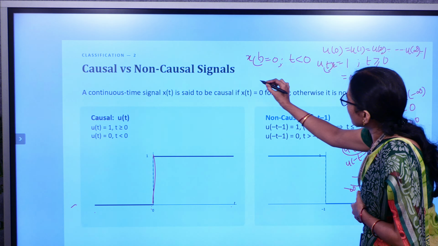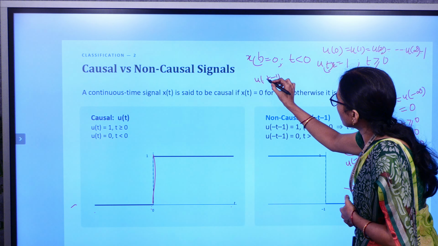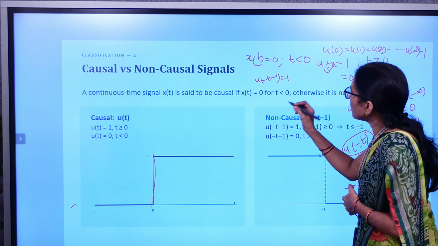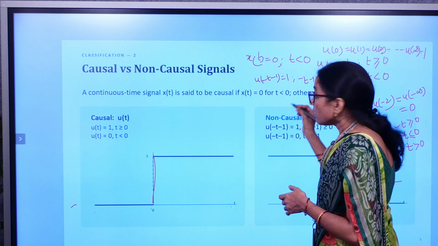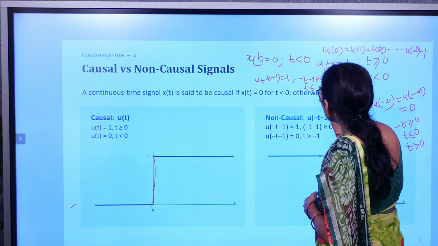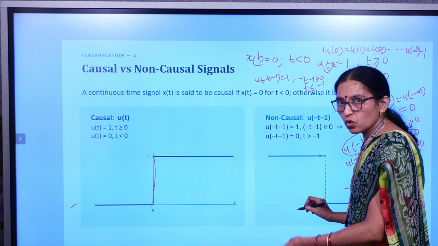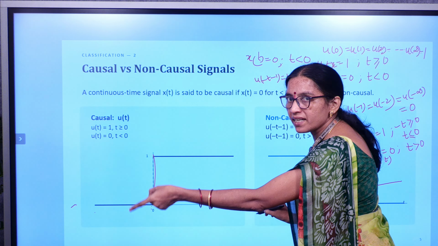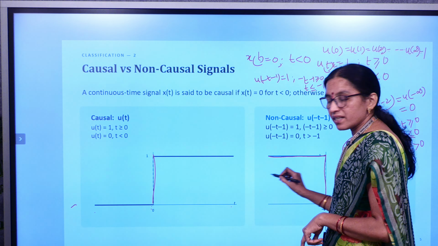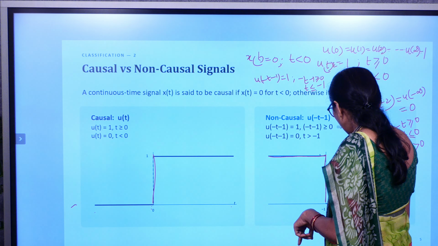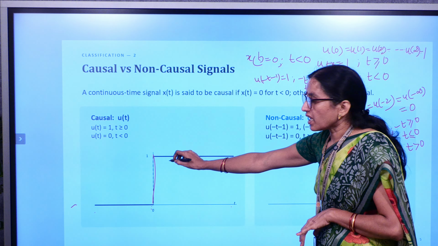And where this u of minus t minus 1 exists, that equal to 1 for minus t minus 1 greater than or equal to 0. Means what about t value? Less than or equal to minus 1. Less than or equal to minus 1 means minus 1, minus 2, minus 3 and so on up to minus infinity. So the signal exists between the interval minus infinity to minus 1 and before that signal is 0. So this u of t is the best example